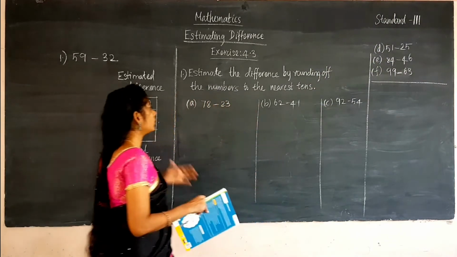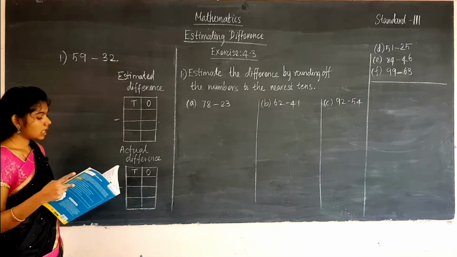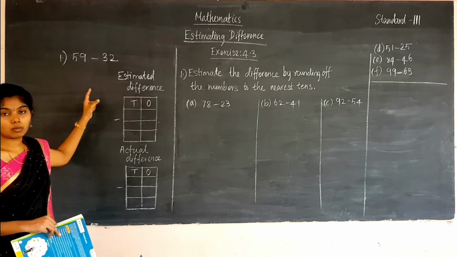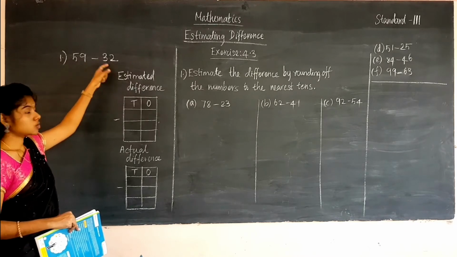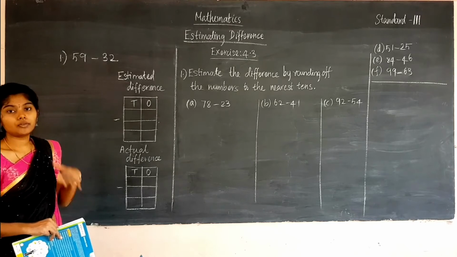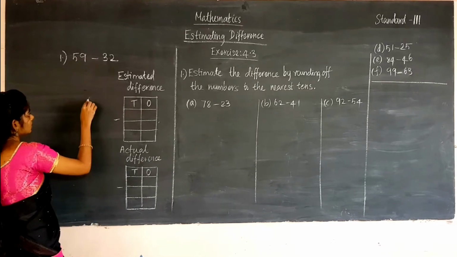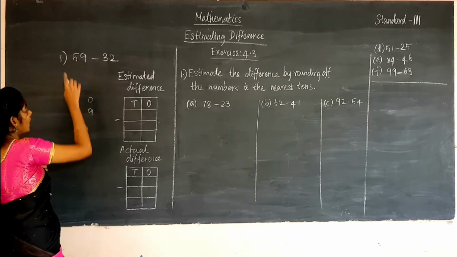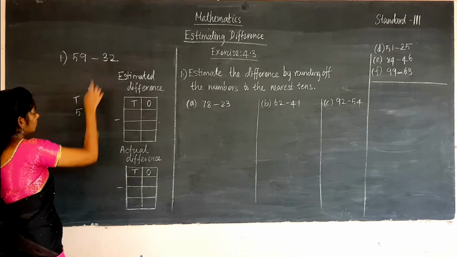To find this, we are going to subtract the numbers. So I said 59 girls and 32 boys. Why are we writing 59 at first? Because it is the greatest number, so we write it first. Then 32 as the second, this is the boys' number. So 59 minus 32. To estimate, we have to round off the numbers. First write the places, ones place and tens place. Now write the numbers: 9 in the ones place and 5 in the tens place, and the next number, 2 in the ones and 3 in the tens.